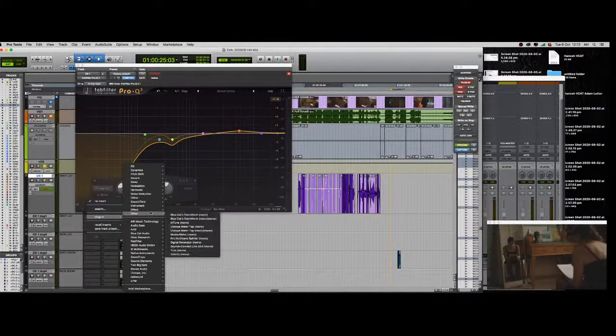Great. Yeah, it can be really helpful just to get to know EQs, and it's good feedback. Another thing you can do for all Pro Tools versions is you can try and find a version of Blue Cat